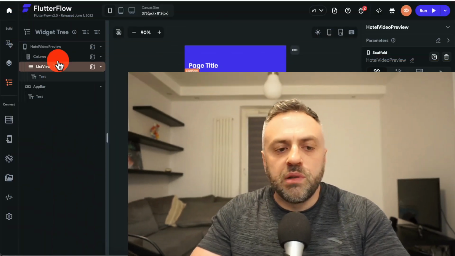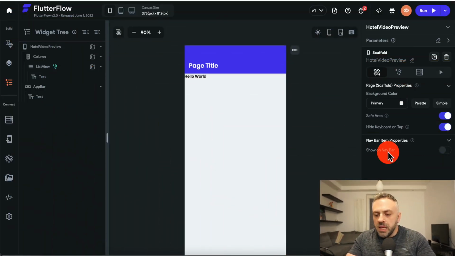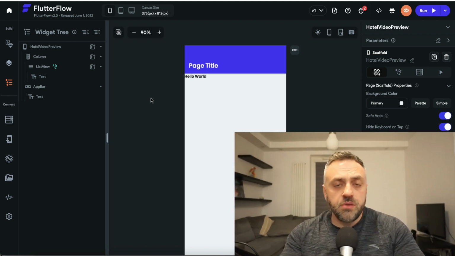Another reason to pick FlutterFlow is that if you're somebody like me, you find this tool more intuitive. You like the design, the UI, and the way it behaves, and the fact that you have access to Firestore and APIs and all that. You like the look and feel of it. I would pick FlutterFlow. If you're just starting out and you don't have any experience with anything, I think Bubble